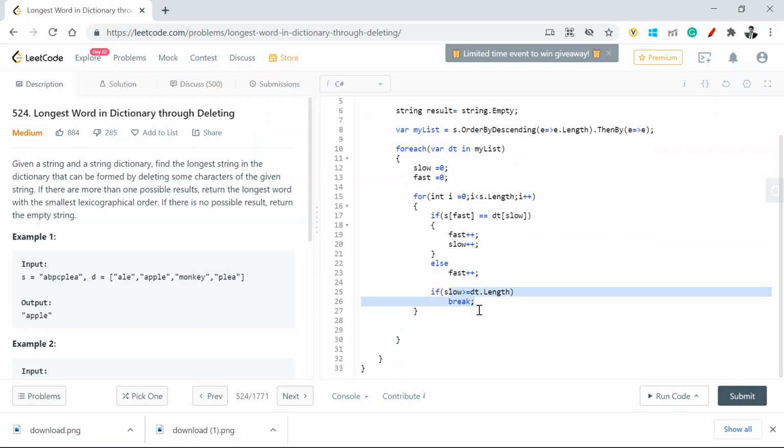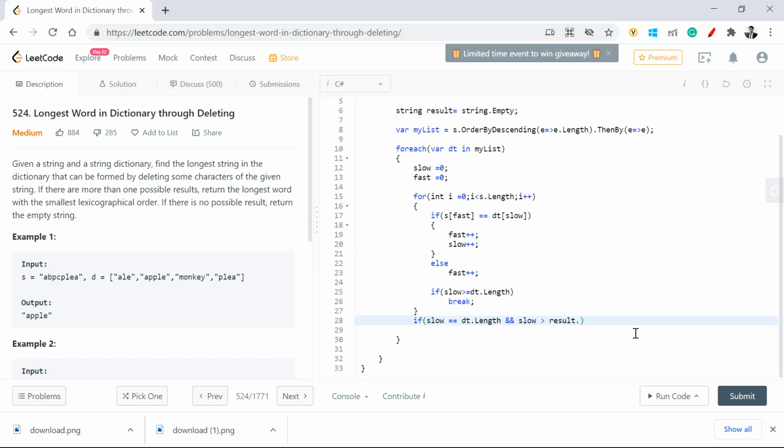So once I'm done, I'll say if my slow is double equal to dt.Length and my slow is greater than my longest, or in the sense my result.Length, because that's where I need to ensure I keep the longest value.